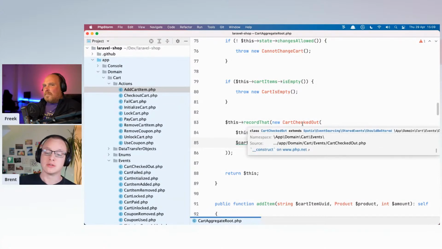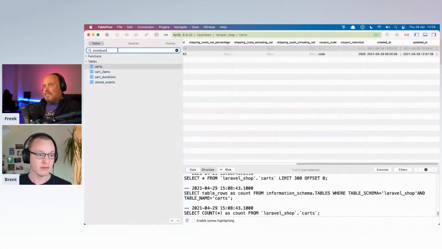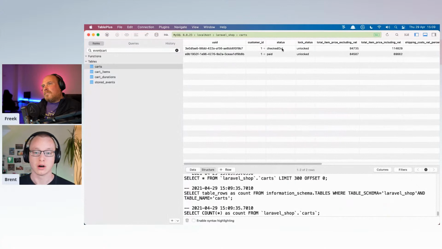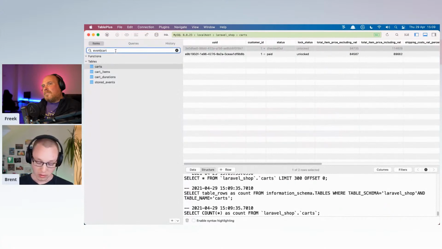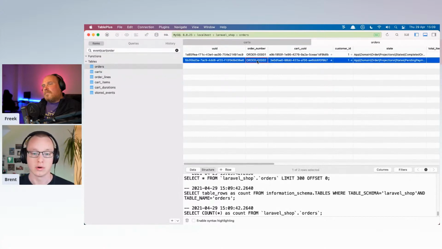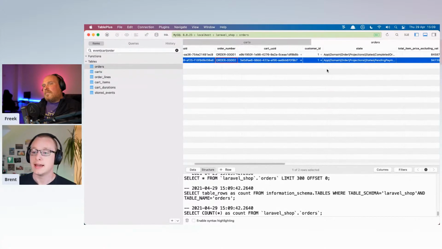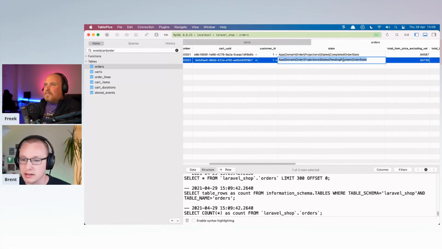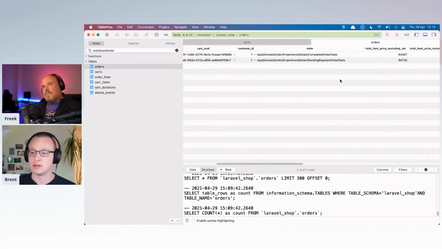Now it's getting interesting, because as you saw, we didn't only change the status of the card itself to checked out, but an order was also created. Right? Order 2, this one. And you can see the state here is, I forgot to use proper names here. That's my bad. It's the pending payment order status. So this order is currently waiting for its payment to be paid.